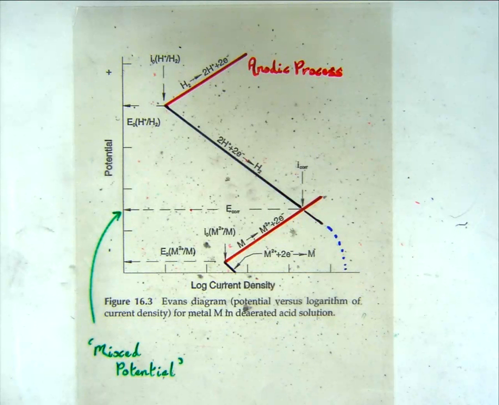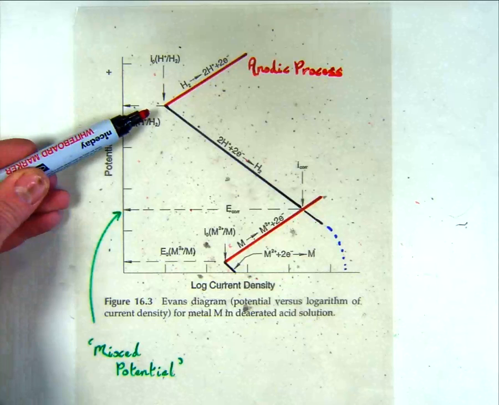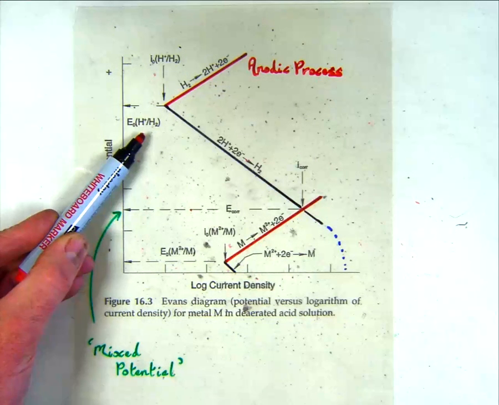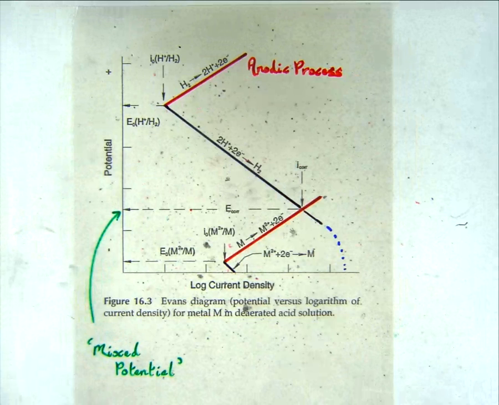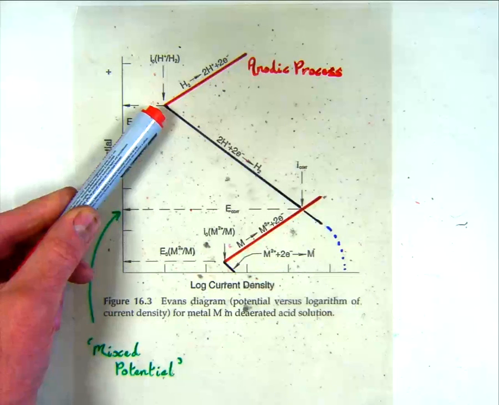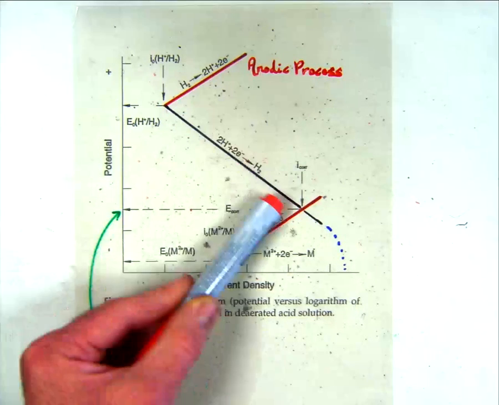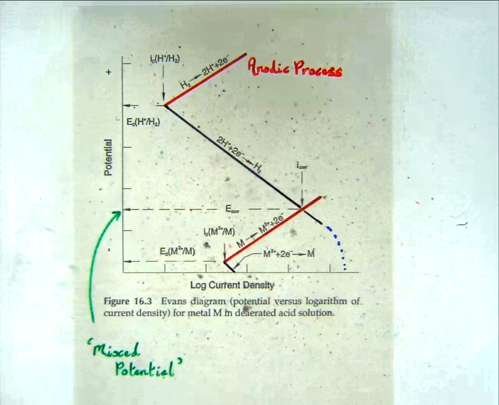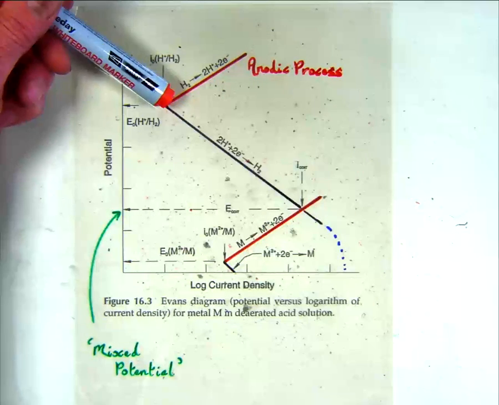So what we've got is this electrode here, which is the hydrogen process, and there are two possibilities. There's a cathodic process, which is hydrogen reduction, the blue line on there, and alternatively, if you apply a potential that's above the equilibrium value for hydrogen, you could get hydrogen oxidation as an anodic process. So that is one equilibrium potential or open circuit potential, and the possibility of going cathodic from it,